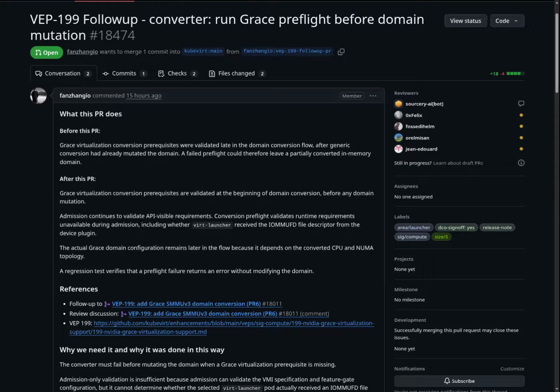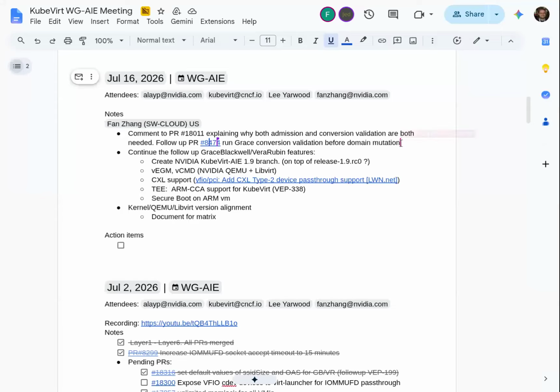Okay, awesome. Thank you. The second thing is I want to talk about our plan for the Grace Blackwell and the Rubin feature support in the KubeVirt AIE. We have landed the baseline of the Grace Blackwell support in mainstream, targeting release 1.9.